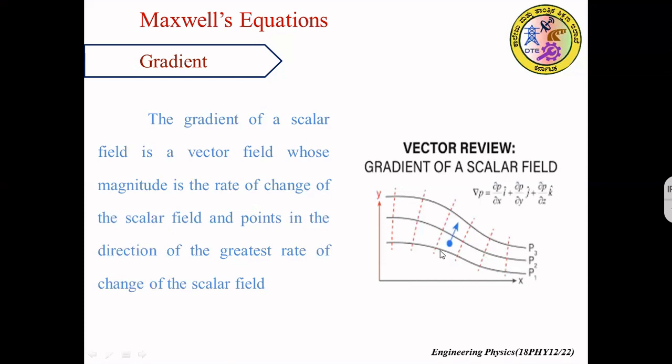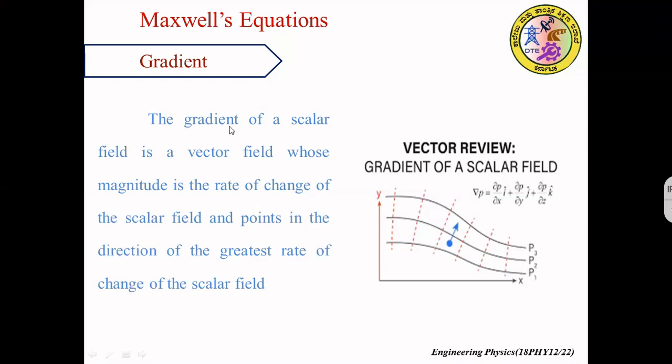But between different isotherms, there is variation in temperature. P1 is at lower temperature compared to P2, and P2 is lower compared to P3. So there are gradients in temperature. There is gradual change in temperature. This can be evaluated. That is, the rate of change of temperature can be evaluated between different isotherms using gradient operator. If gradient operator is applied, the rate of change of temperature can be measured, and it also gives the rate of change of temperature in the direction in which the rate of change is maximum. This is gradient operator.